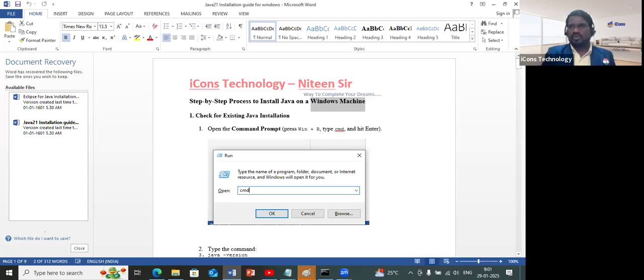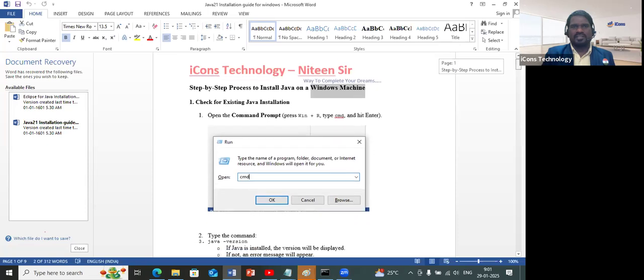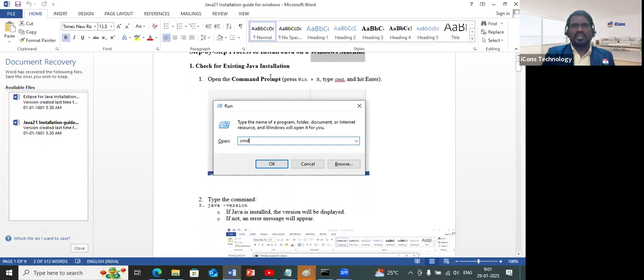So you just have to go here. You can observe it is very simple. I just say check for the existing Java installation, that means whether you have installed Java or not. If you want to check that, you can press Windows R. You have the Windows R, so you can click on that and you will get